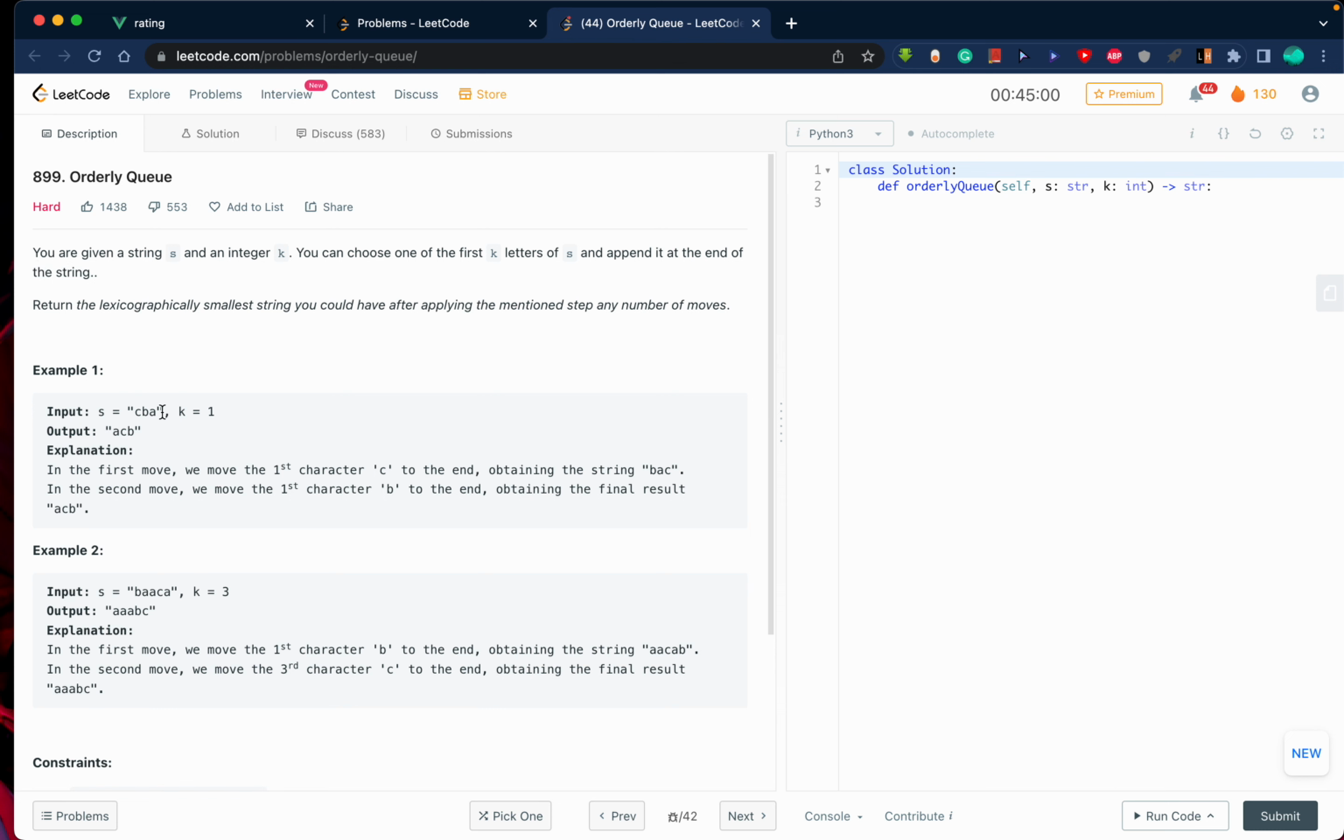So we have CBA, and k equals 1. So we can just choose the first element and we have to send it backwards. First, in one operation, I could send C backwards. It will become BAC. And then in another operation, I can send B backwards: ACB. And this would be the lexicographically smallest string that we can form using these operations. Unfortunately, we cannot form ABC, and the reason is that